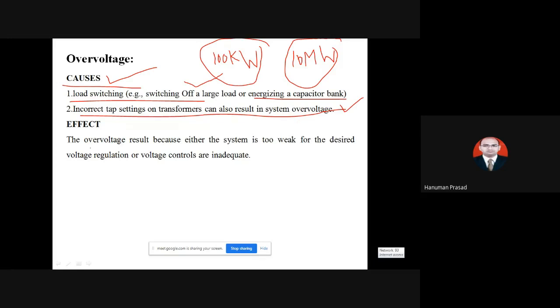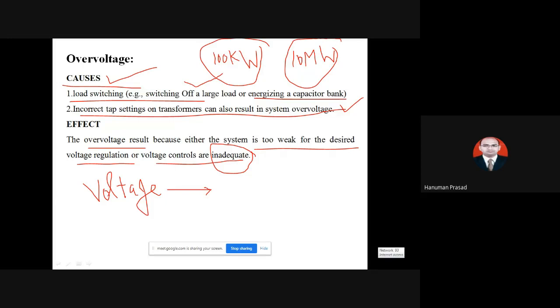What is the effect of over voltage? The over voltage results either when the system is weak or the desired voltage regulation or voltage control is inadequate. Inadequate means not proper, means we cannot control the voltage. If you cannot control the voltage, you are getting the over voltage. What are the problems of over voltage? Over voltage may cause the breakdown of the insulators. Insulators are designed on the basis of voltage; if you are getting more voltage, it may break down the